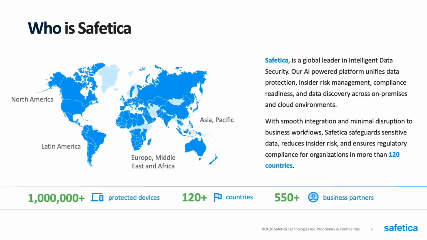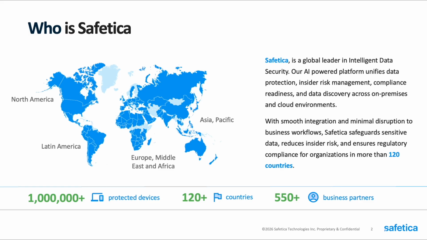Although throughout the years, speaking with all of our clients and partners, we have learned that there are some other gaps that need to be filled as well, which is why about 5 years ago or so, we started bringing in more on the insider risk monitoring side of things to help organizations gain that understanding in their environment, because DLP and insider risk do very much go hand in hand and help complement each other to give you a broader picture into what's going on inside your organization. And with the combination of those two things, we like to call ourselves an intelligent data security platform.